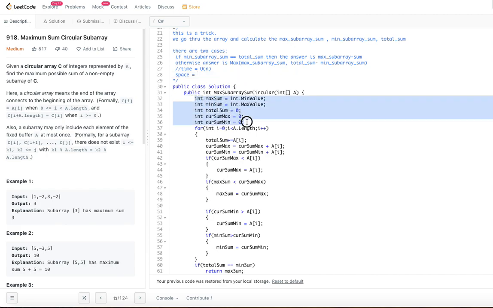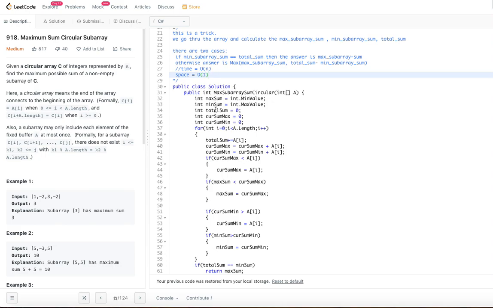We are using these 5 variables: max sum, min sum, total sum, cur sum max, cur sum min. Irrespective of the length of n, we are using these 5 variables. So this is constant memory, which we represent with order of 1. So this algorithm is also order of 1 in space.